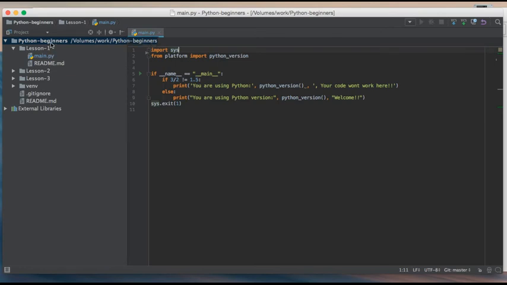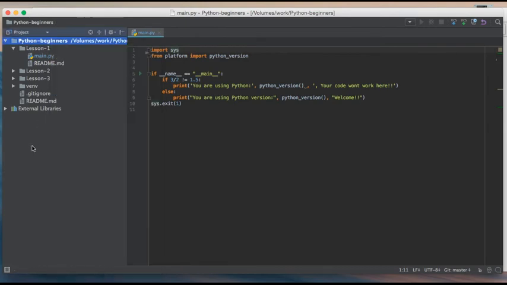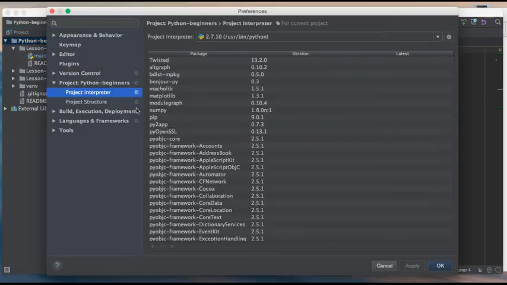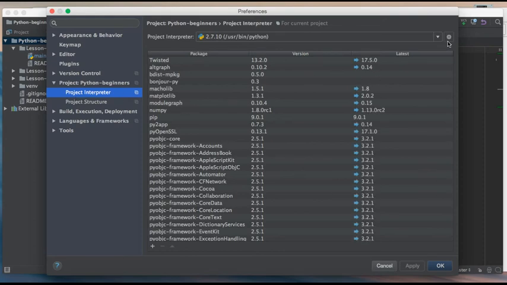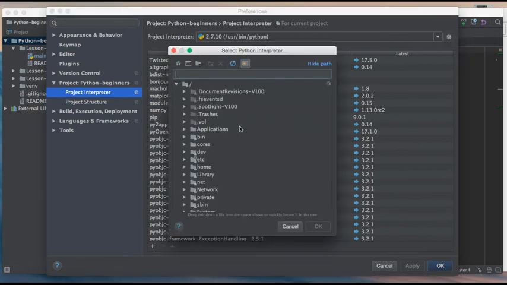So in order to do that, there's preferences. If you go to preferences, there's something called Python interpreter and project interpreter, and there, through this gear icon, you can add a local virtual environment. Let's add my local virtual environment, which is nothing but at